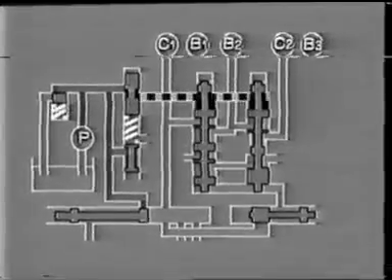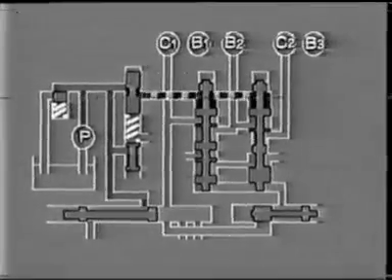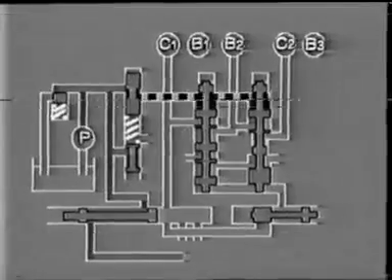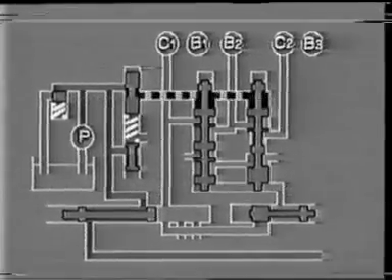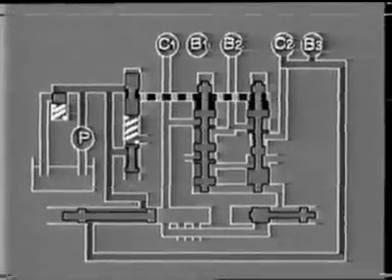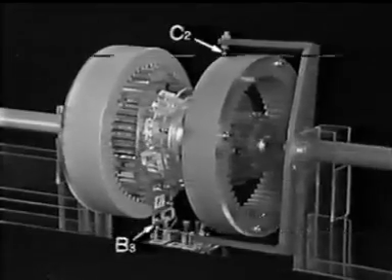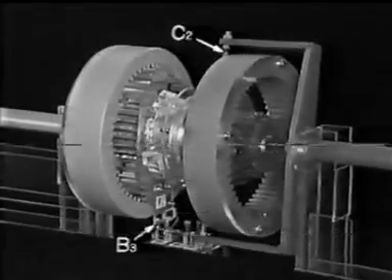When the driver wants to back up, she moves the shift selector lever to reverse. And the manual valve opens up fluid passages to both clutch C2 and brake B3. When clutch C2 engages, it transfers